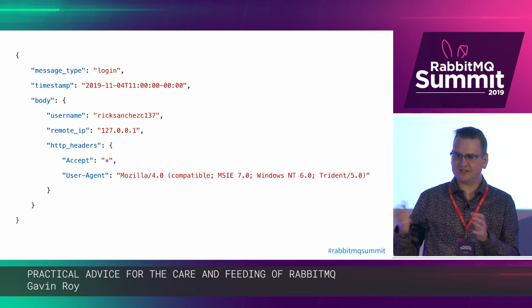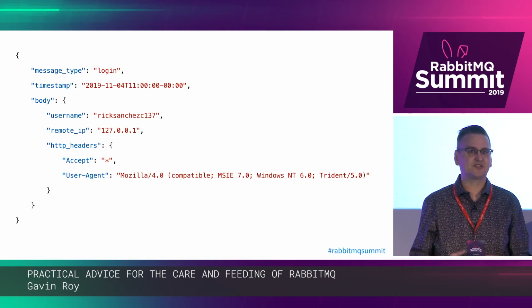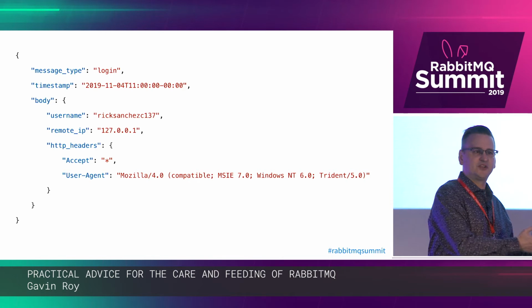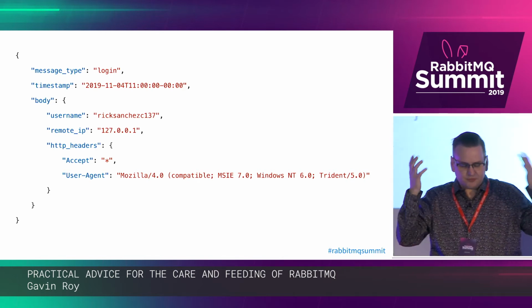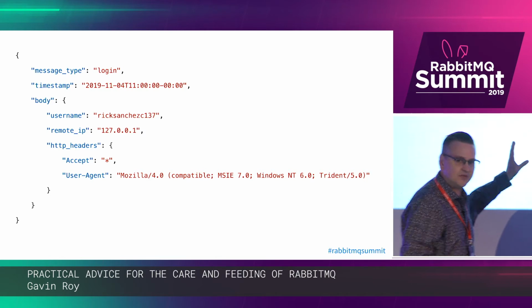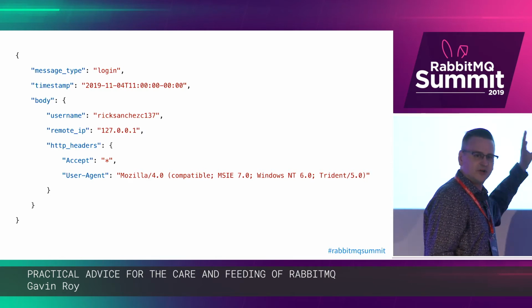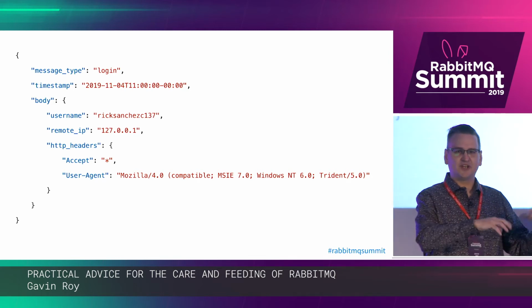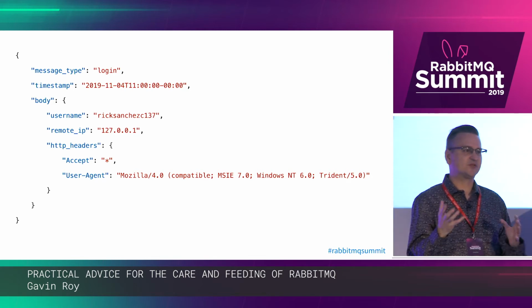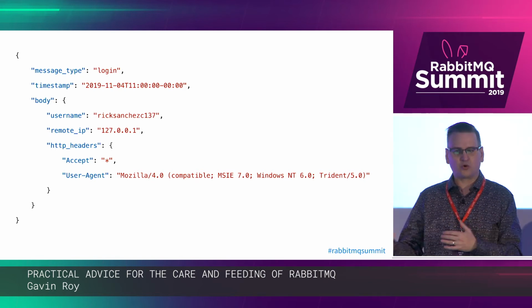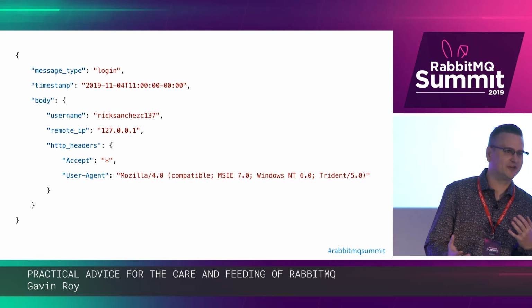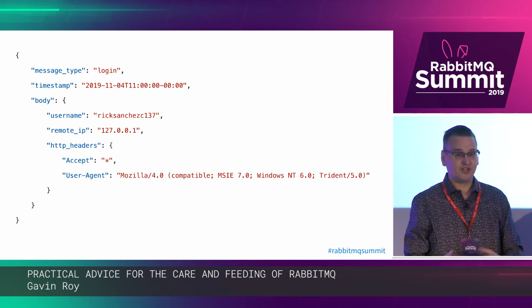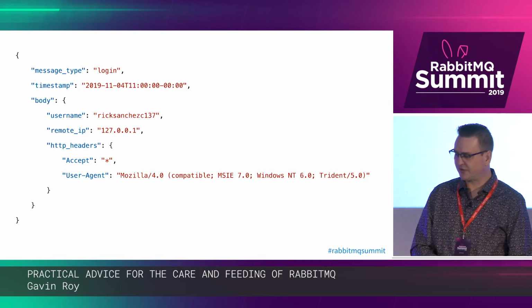RabbitMQ messages have these things called properties, and I'm sitting here saying, well, we're using this tool, in for a penny, in for a pound, let's start using the contract as it's defined. Doing something like this to me was like going back to SOAP over HTTP, right? Taking all the contract out of the protocol we're using and putting it in the payload, and then having some sort of system by which we correlate the payload and how we decode it in our programs with the message that's going, instead of using what's built into the protocol.